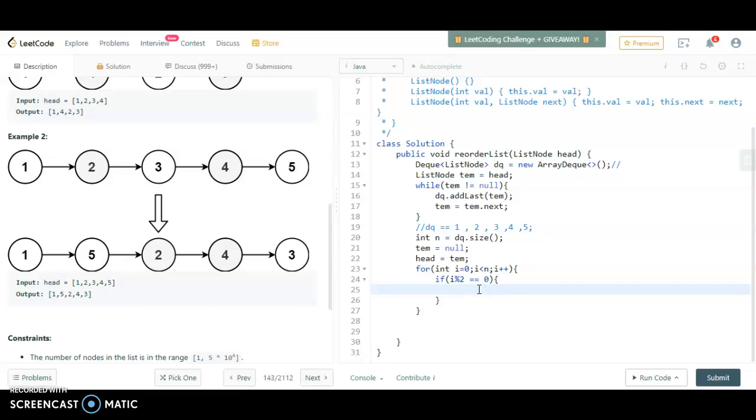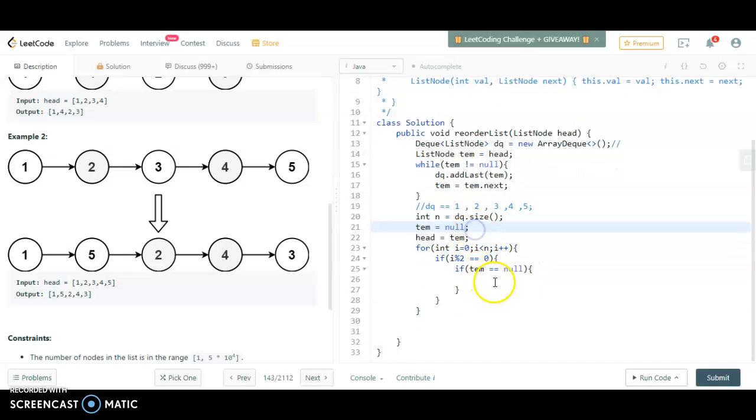In this we will have two cases. First one is if temp is null, meaning it is the start of the temporary node, then simply we put temp equal to this poll first method.